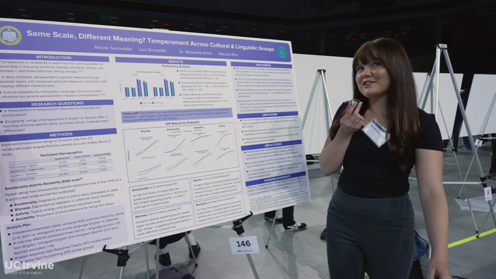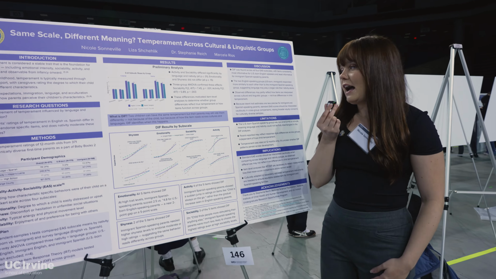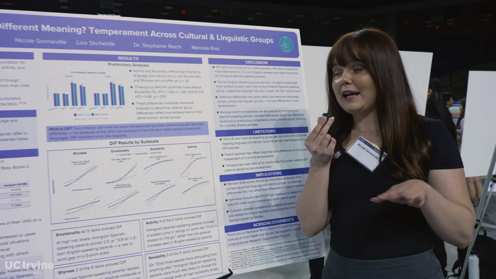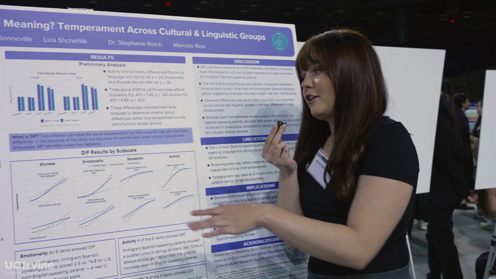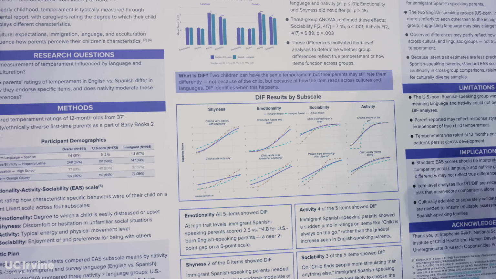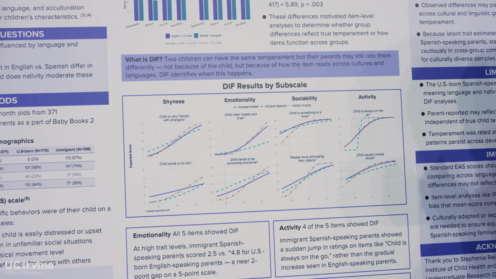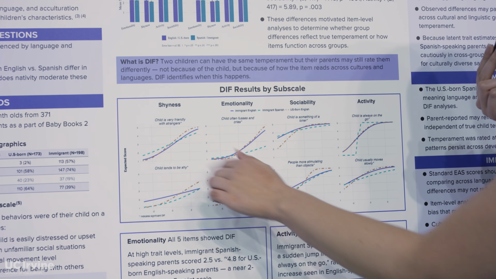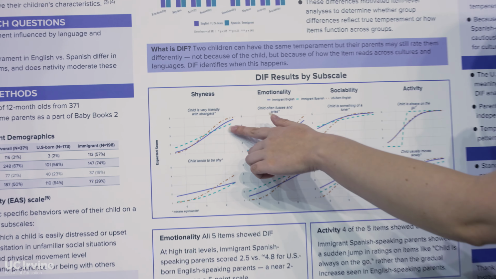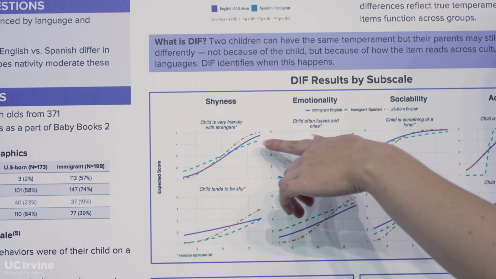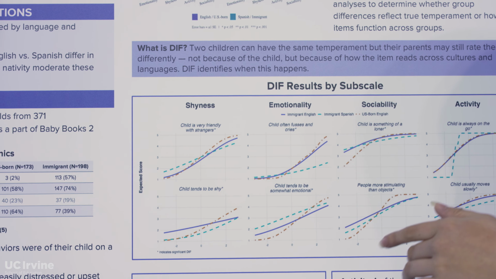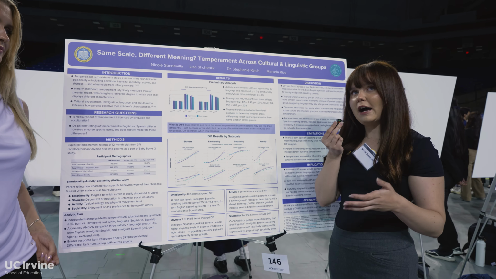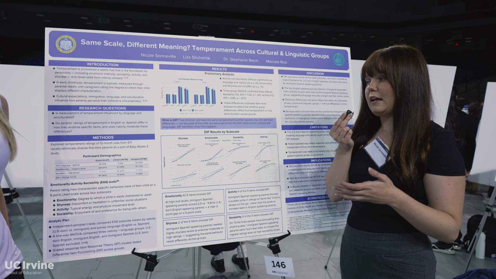So moving into our differential item functioning results. We want to see if parents rate their children differently, even if they have the same underlying temperament level. Looking at our first subscale, shyness, 2 out of our 5 items show differential item functioning. And we can see here, immigrant Spanish is this teal color right here. Immigrant Spanish speakers needed a higher level of shyness to rate their children high on the shyness scale. So this suggests that for English parents who view their children as shy, Spanish parents may just see that as